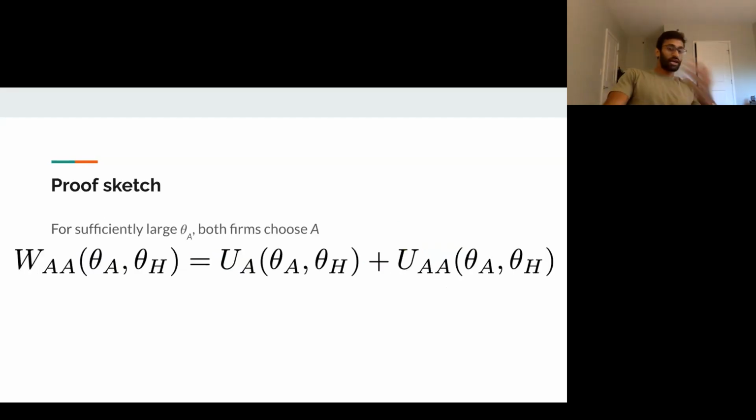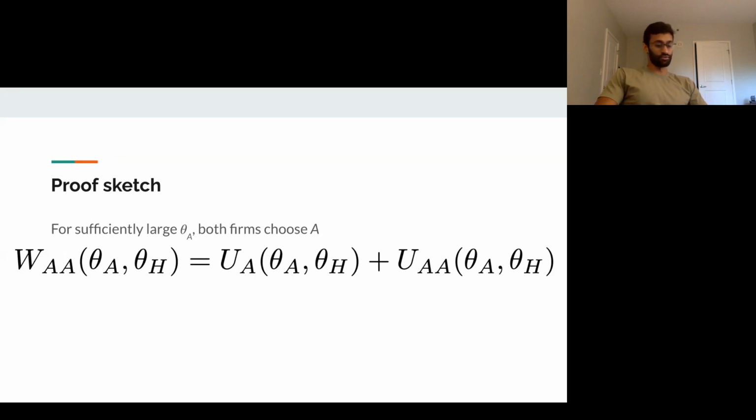Okay, so now you asked what welfare looks like. The next claim that I'm going to make is something like, for a sufficiently accurate algorithm, as the accuracy of the algorithm goes to infinity, eventually there's going to be a point where it's just obviously a dominant strategy for both firms to use the algorithm.